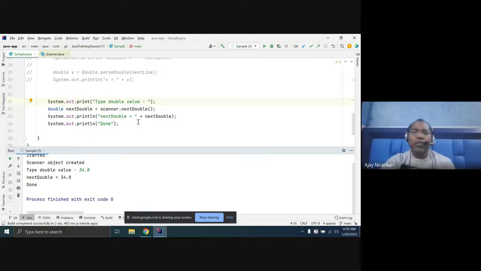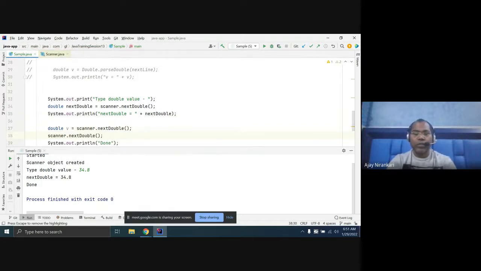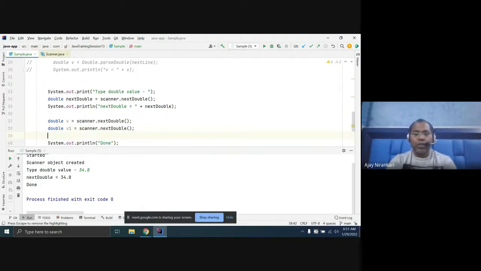So in this way, you can use next, get int, get double, whatever value you want. In the last example, you wrote code this way. I think you wrote it three times, right? This is one time. In this way you wrote code for one variable, and again you wrote this code, and again you wrote this code.